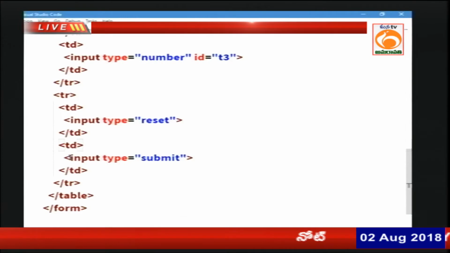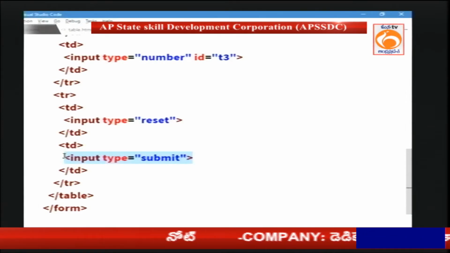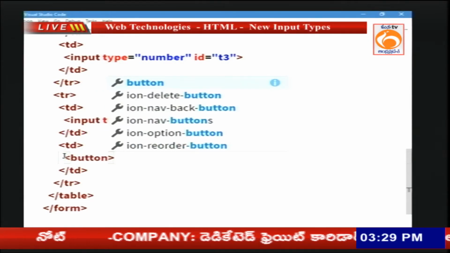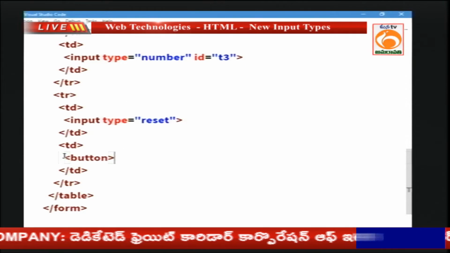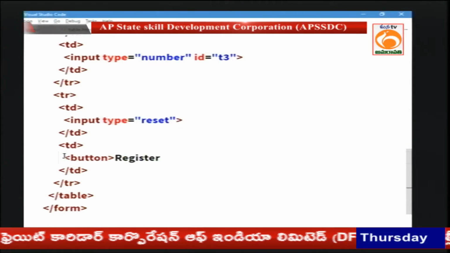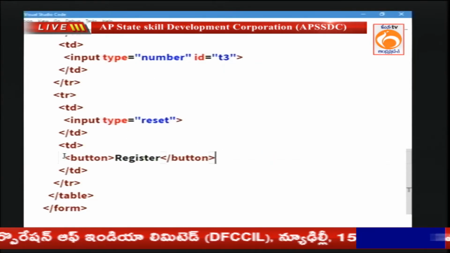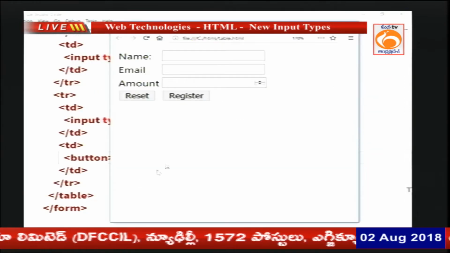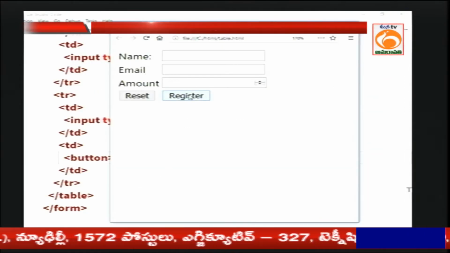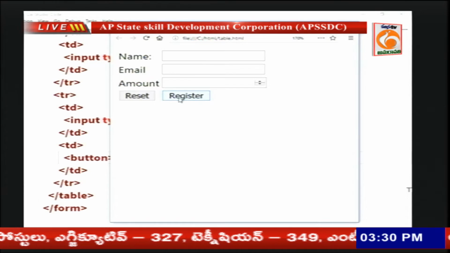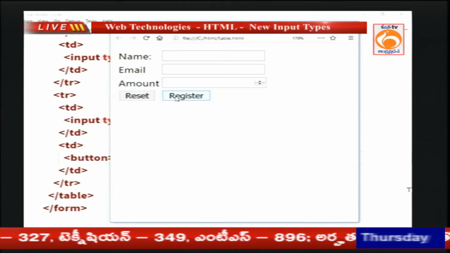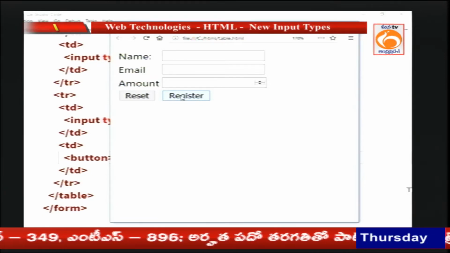Now, let us see how to work with the button tag. Here we are going to place the button tag. Inside the button tag also we can place any text, for example register. We can place any text here. So, that is going to appear. But instead of this plain text like register, I want to display an image as a submit button. To display the image, we have to